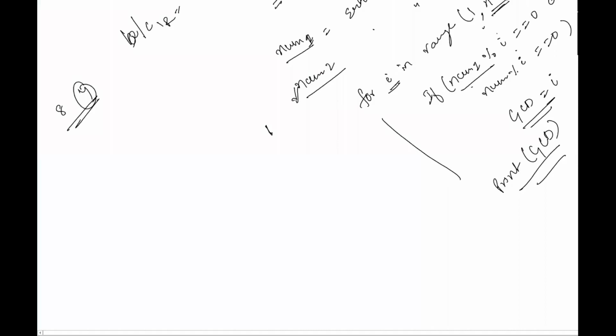It will keep doing this because this whole thing is in a loop, right? This is one block of code. And this print function is outside this for loop. So finally, the last value till which it was able to completely divide these two numbers will be stored in GCD, and that is what I'm printing outside this for loop.